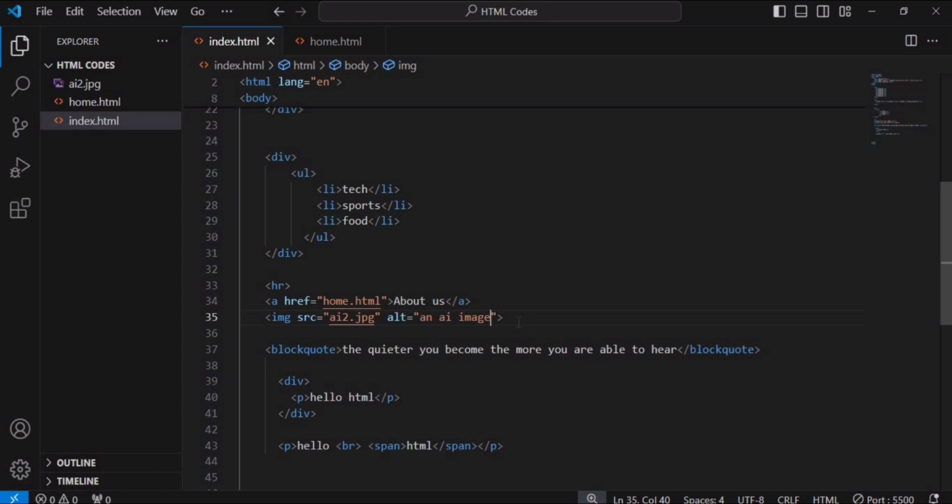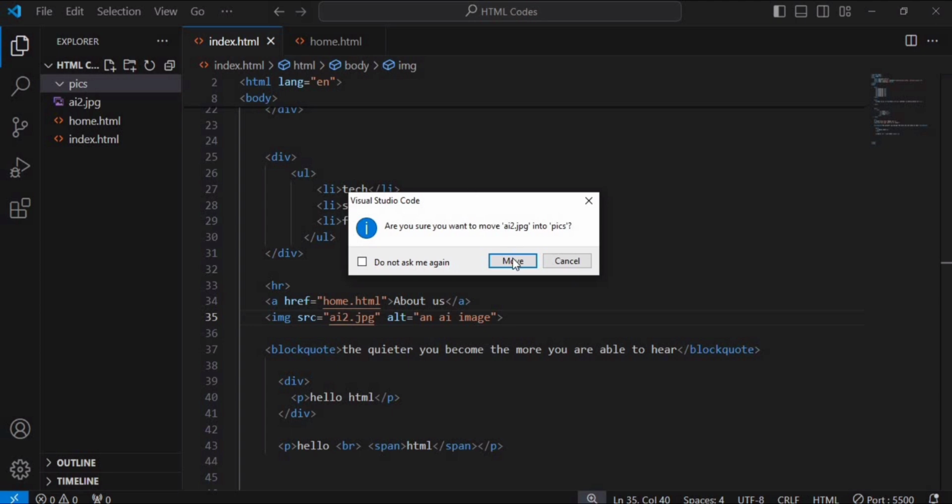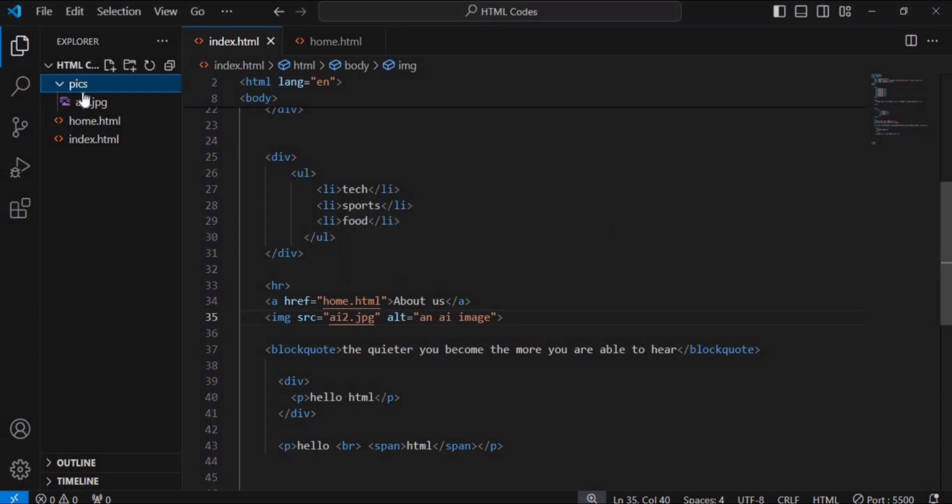So sometimes most people may want to create a separate folder for their images, and I'm going to show you how to link it if you're using a separate folder for your images. So over here I'm just going to create an image folder, and I'm going to name it pics, and over here I'm going to put this stuff inside of it. Move, and now we have this AI image inside of this pics folder. And now if I view this file again,